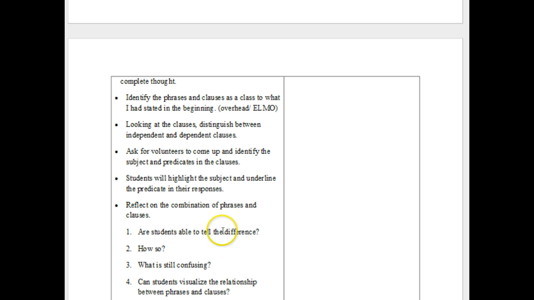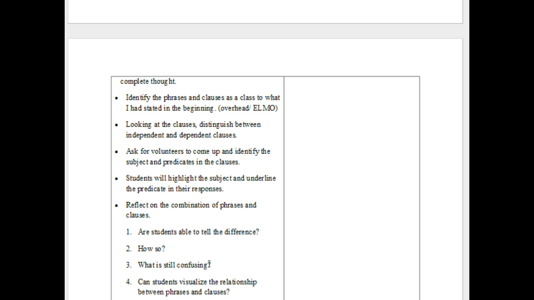Reflect on the combination of phrases and clauses. Are students able to tell the difference? How so? What's still confusing? Can students visualize the relationship between phrases and clauses? You have to show them how you're doing this so that they can in turn work with you, right? Give them these stock thoughts to use, sentences to use, questions to ask, so that if a kid goes like,